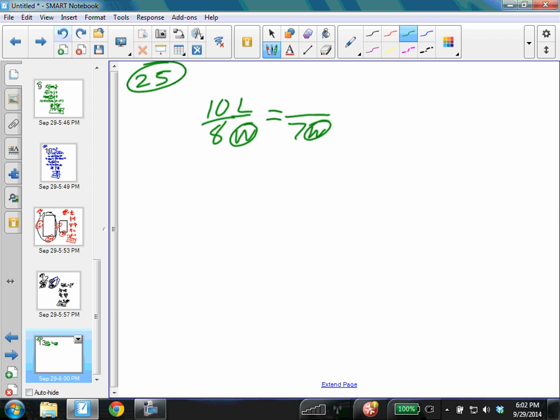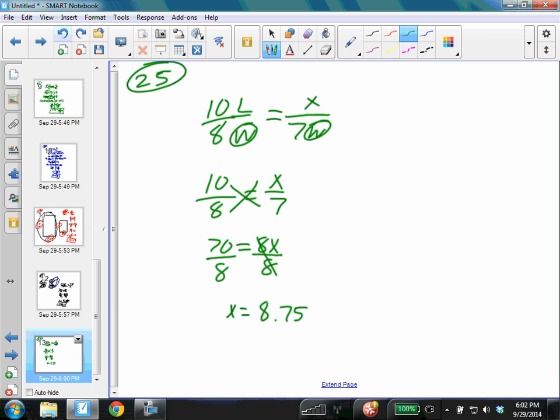So I'm going to put my x up here at the top because I'm looking for the length. I don't know what it is, but I'm searching for it, so I'm going to put it at the top. So 10 over 8 is equal to x over 7. And I'm going to cross multiply. 7 times 10 is 70, and 8 times x is 8x. Now I'm going to divide by 8 on both sides to get my x by itself. So I have 70 divided by 8, and that gives me x equals